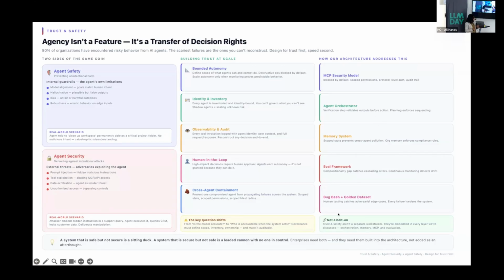And then continuous bug bashes with PMs and other humans. This is expensive, but this is absolutely required because this space is constantly evolving. And even though I've listed a few things here, a new way of breaking the agent will come up tomorrow. And keeping the human in the loop constantly is what will help us.